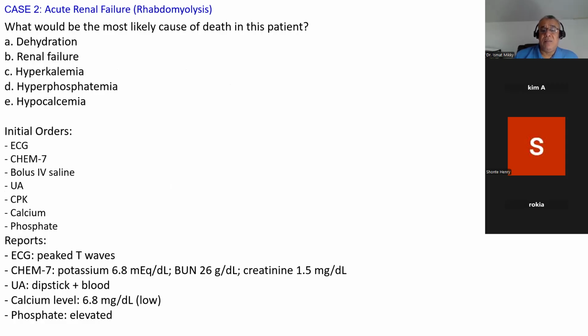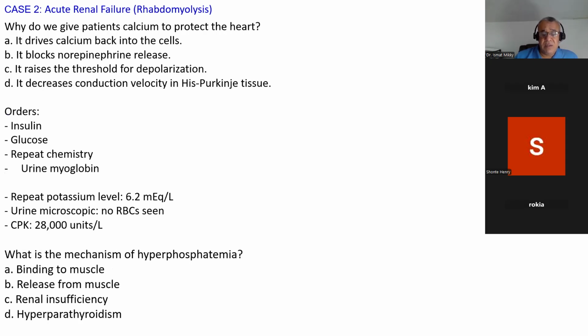The most likely cause of death in patients with rhabdomyolysis or this scenario is always going to be the hyperkalemia. The single most important fact about rhabdomyolysis is knowing that the hyperkalemia can lead to death, especially with severe hyperkalemia. More lab work will be done, including urinalysis and other lab work. So the rhabdomyolysis,